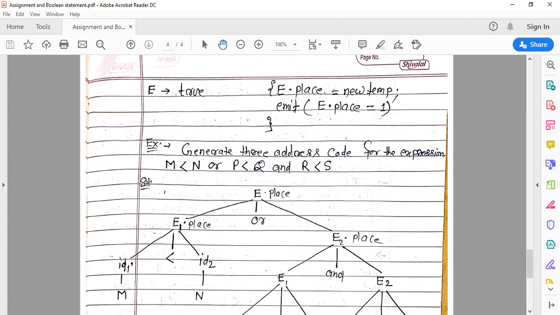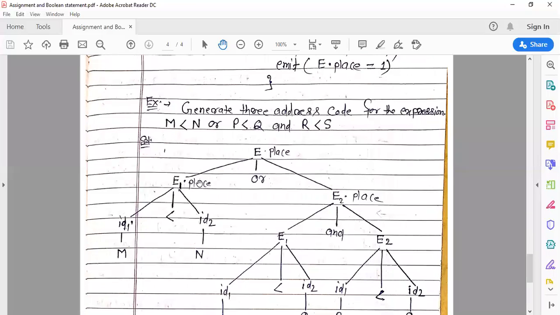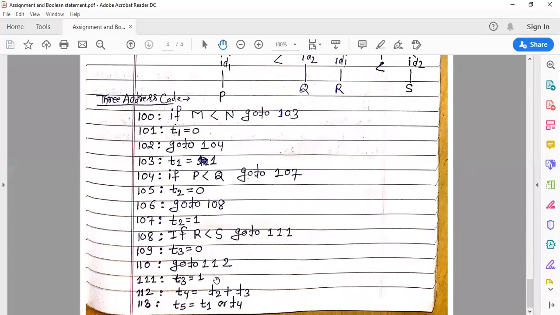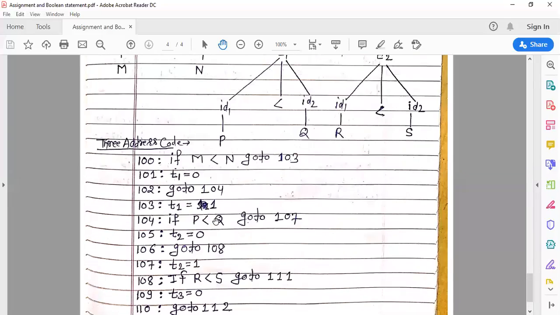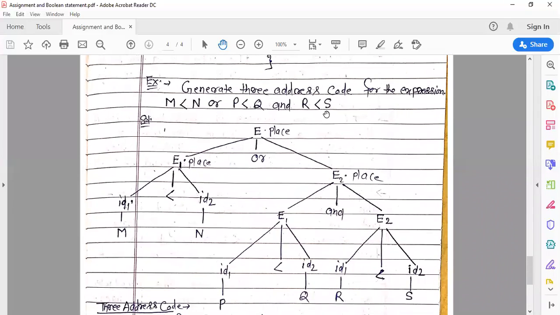If this condition is true, control goes on to check r less than s. So in this Boolean expression, in this SDT, we have to check all these conditions. If all these conditions are true, then my statements are executed: T4 is equal to T2 plus T3 and T5 is equal to T1 or T4. So here we have the three address code for the given Boolean expression.